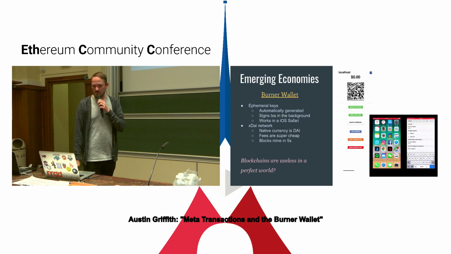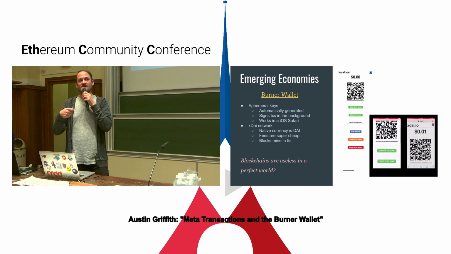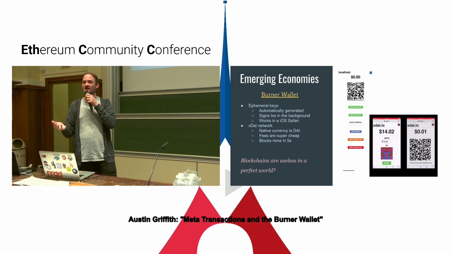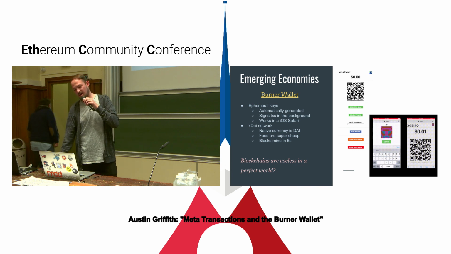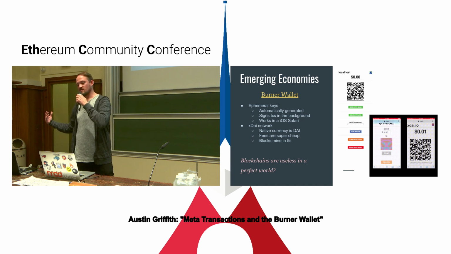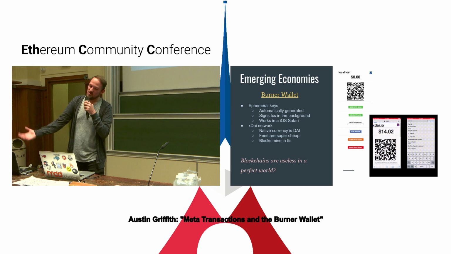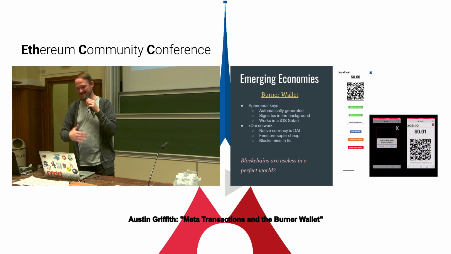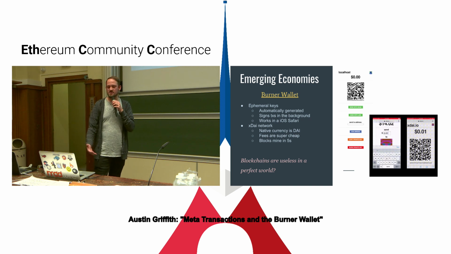So then at the next Gitcoin Labs, we were talking about this burner wallet that I had come up with before DevCon. I showed it off to a few people, and they were actually stoked on it, which I didn't think they would be. It was just a funny little proof of concept, but it got some traction. The thesis here is that there are emerging economies. In a perfect world we wouldn't need blockchain, but there are not perfect world places, and maybe even the world I think is perfect may not be perfect, and we should have blockchain. Anyways, there are reasons why we might use these UX trade-offs and decentralization trade-offs to drive mass adoption.